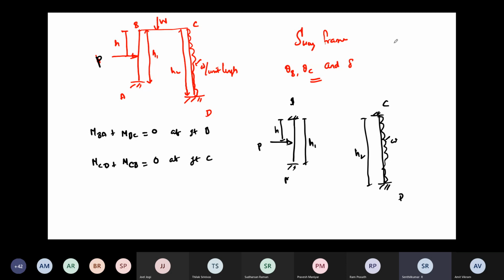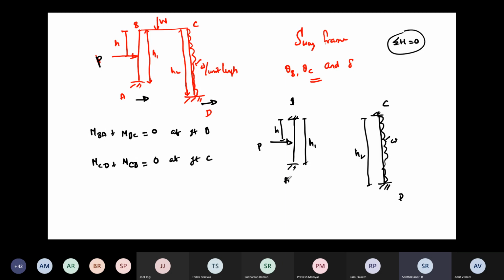As of now, we are going to use the equation sigma H equal to 0, to find all the horizontal forces. Looking at the frame, the horizontal forces are P and W. But at the supports we will also have some reactions. We have to find the value of the horizontal reactions here and here due to these loadings.